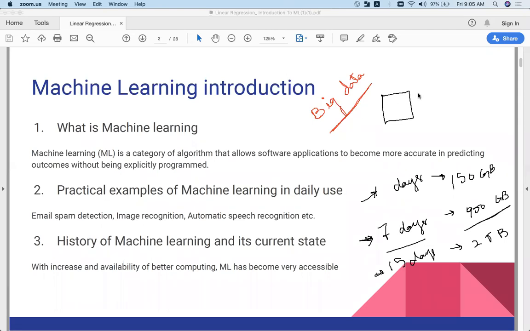Now, what it means is I can store this 150 GB of data in one server, right? So one server or one laptop. But slowly, if I go to 7 days, I can keep 900 maybe, right? Nowadays we get 1 terabyte laptops, but after I cross this, there is no way for me to store 2 terabytes, right? So I will lose some data. Now, big data in simple terms is whenever you have to distribute your data among servers,